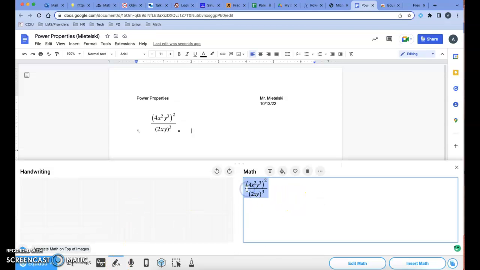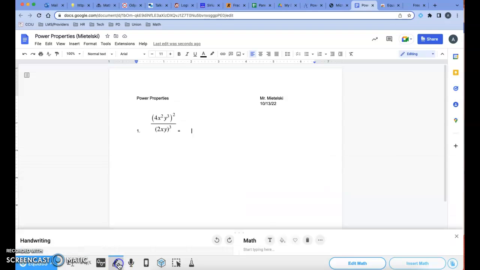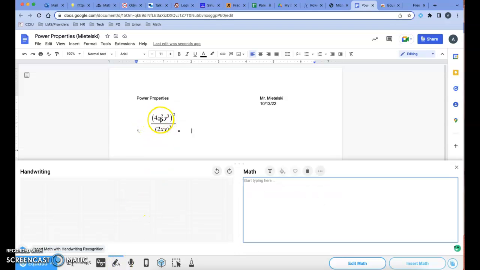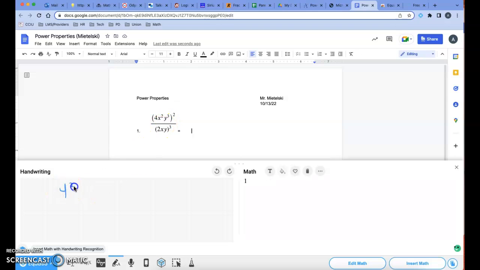I'm going to delete what I have here, and I'm going to apply the properties. So using our rules, it would be 4 squared x to the 4th y to the 6th up top. Actually I don't need my parentheses there anymore, so 4 squared x to the 4th y to the 6th